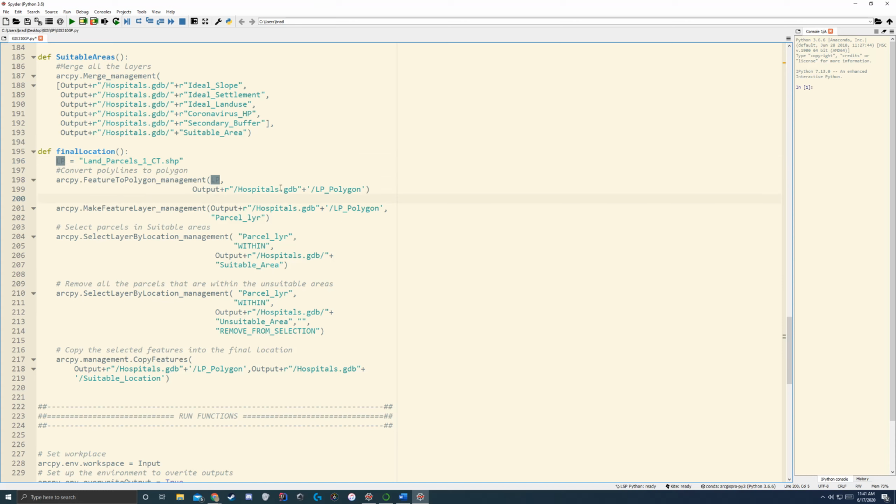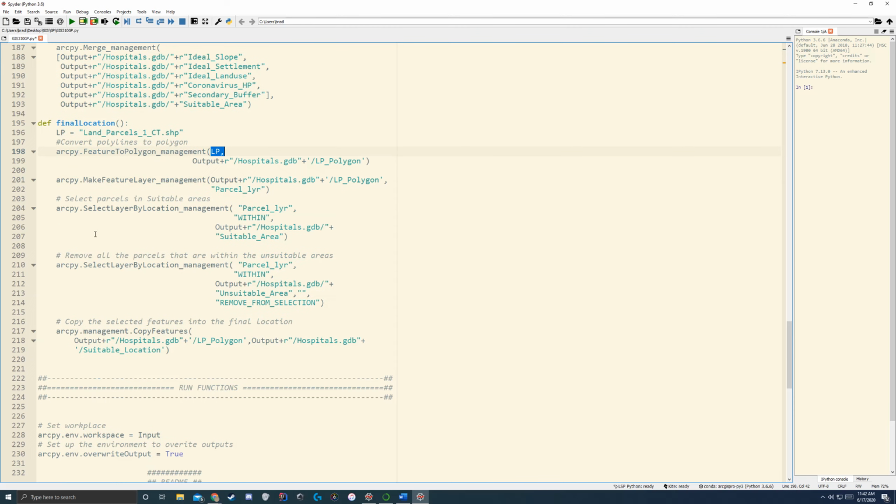We're going to be selecting. Oh no, we're going to be converting all our polylines into a polygon. So currently it's a bunch of polylines. We want to create a polygon instead. So you take in your land parcels and you want to output it as LP underscore polygon. Just make sure the name that you output it as denotes it properly. In this case, it's a polygon as opposed to polylines. And then you're going to be